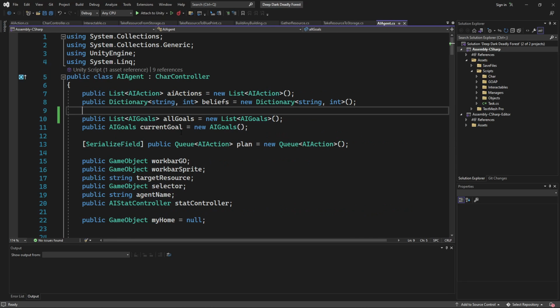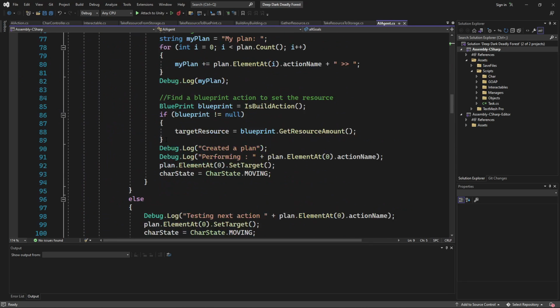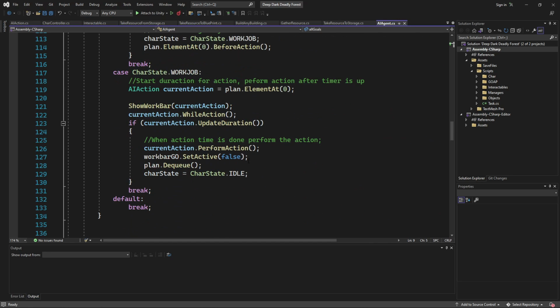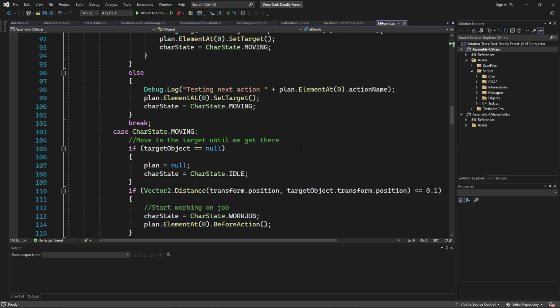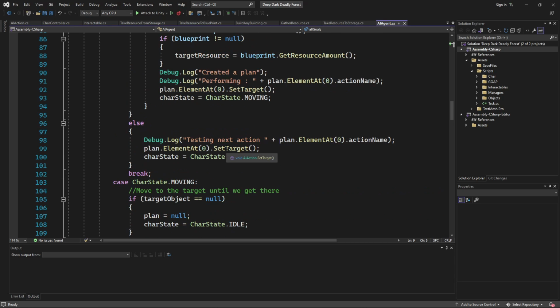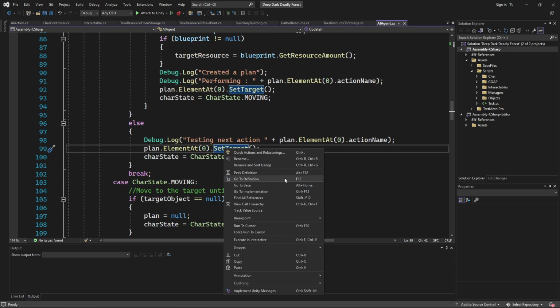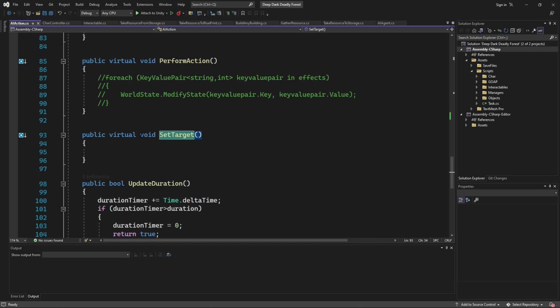So in the AI agent, when we set the target, we're going to do a bool. Where do I do that? Right here. What if we make this a bool instead?